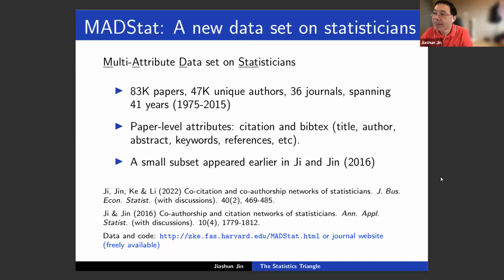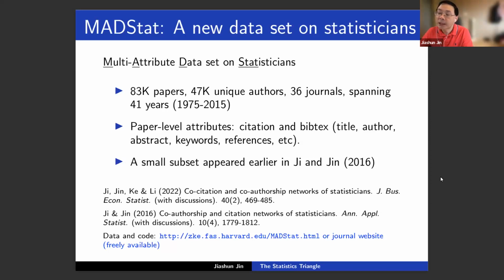Compared to several data sets of a similar kind in the literature, a lot of them in machine learning, a lot of them in social science or library science, what is special about this one is that it is multivariate. You may see citation data elsewhere, but for this data set we not only have the citation, we also have author information, journal information, time information, and we also have the text document. For example, you can use the paper abstract and the references as the paper's text document.